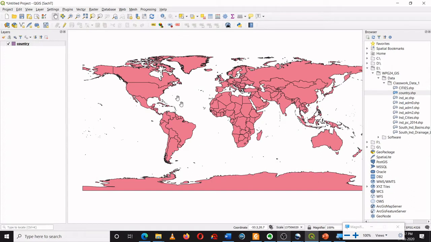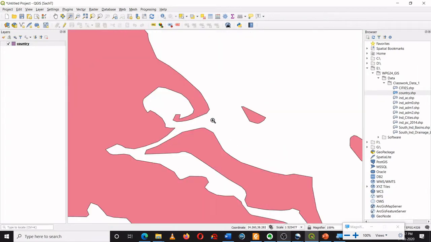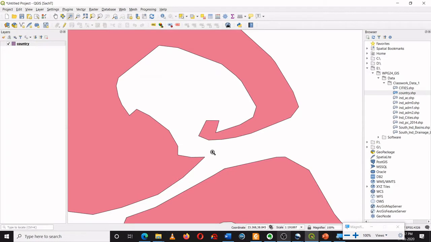If I want to zoom in, the zoom in option is available over here. Zoom in, I can click over there, and let us say I want to zoom in this part of the world map. I will just draw a rectangle, and that component will get zoomed in. If I want to further zoom in, I can go further. Similarly, I can zoom out.